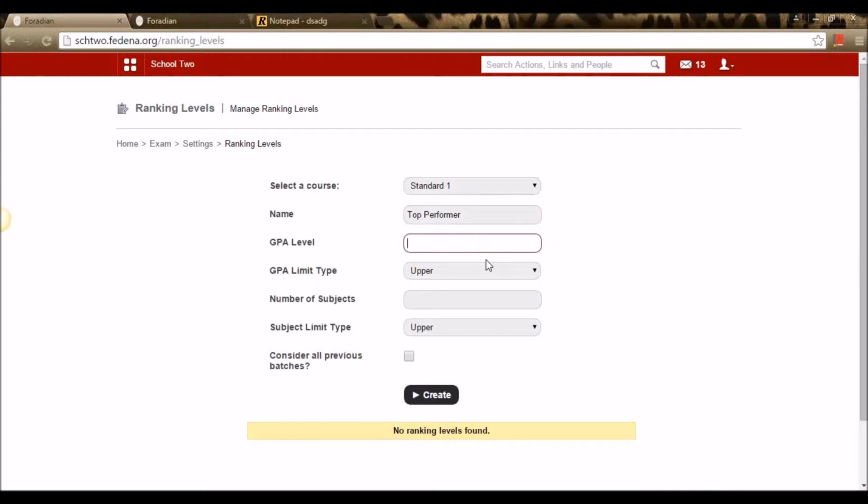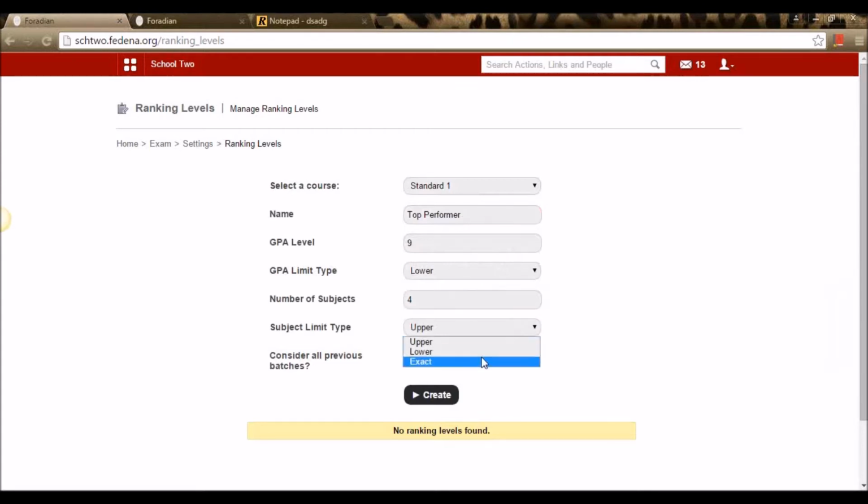And giving a GPA level, say 9, and I should give a limit, say GPA limit type as lower. That means a student who has a GPA at least 9 will be falling under this category as top performer. And I can give a number of subjects as 5 or 4, depending on the number of subjects I want the students to be considered.